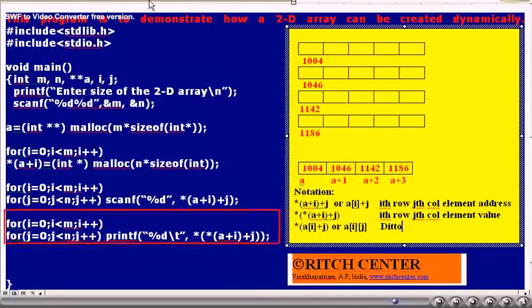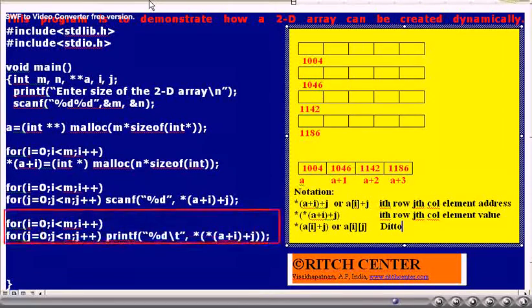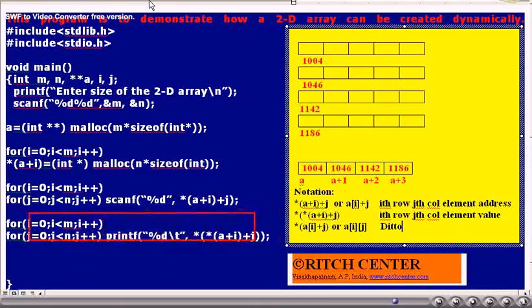However, one important aspect you have to remember is that here in our 2D array, each row's base address is stored in the pointer array. That pointer array's first element address is A. A is the most important thing. This type of array representation is known as the pointer to pointer representation of the 2D array.